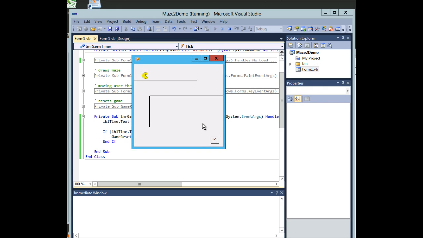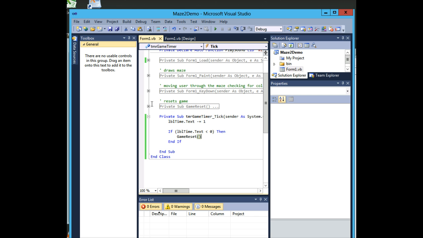Oh, no, it doesn't reset between executions, but you're right. Something's wrong with this. So we have a potential answer here from Bailey. What I think you should do is go to the game reset method, and you should also add